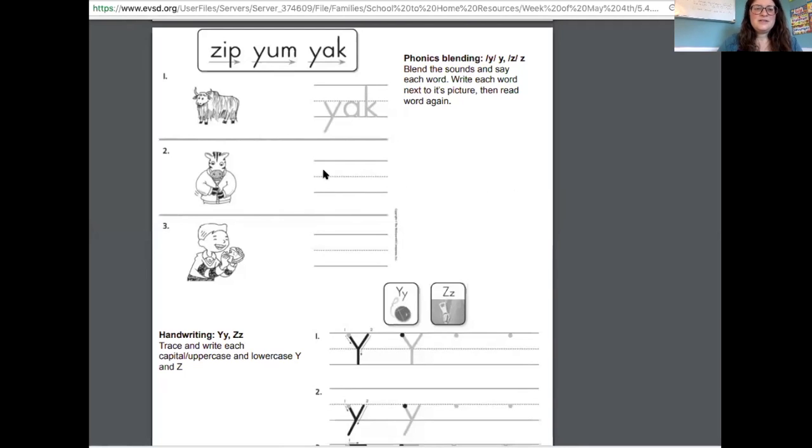Now we are going to go ahead and try the next word. And you can see the next one, this little zebra is zipping his coat. So we're going to try writing the word zip. And we're going to read it too. Z,